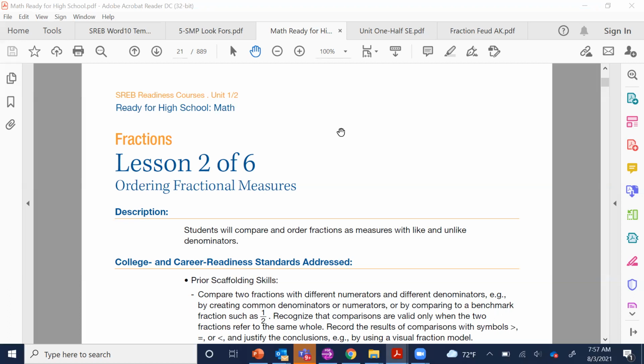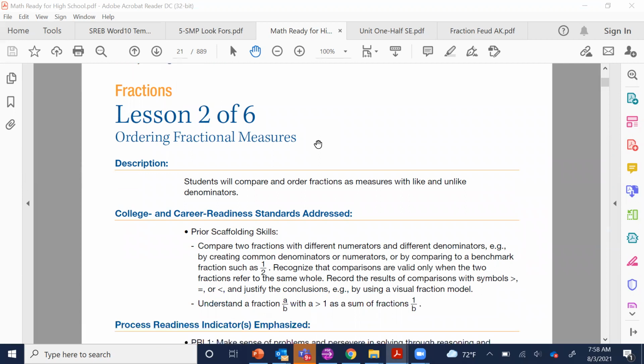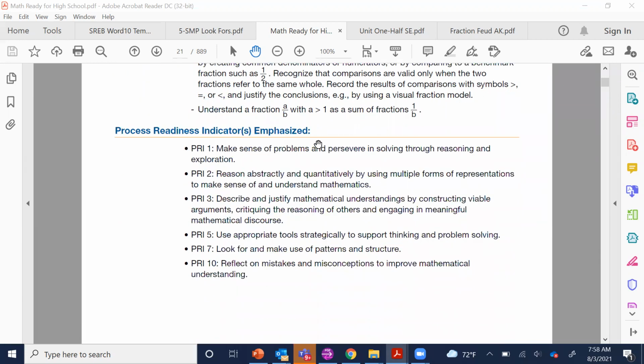show you today. First of all, I wanted to show you the teacher's edition for this lesson so that you kind of get an idea of what's going on. This is a lesson where students are going to compare and order fractions. So it begins